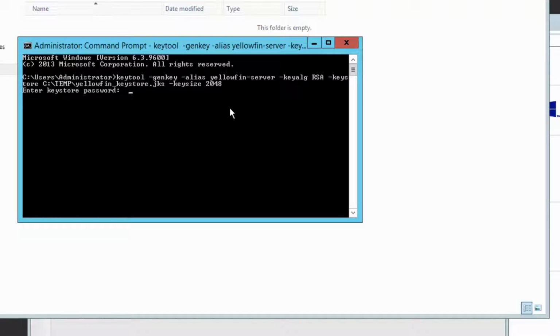Now remember that whatever password you enter here, for example, changeit, must be the exact same password when you later modify the server.xml file. Enter your first and last name, or you can also enter the fully qualified domain name of your server,